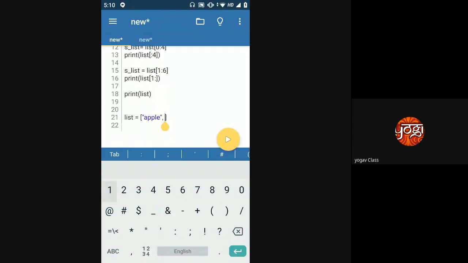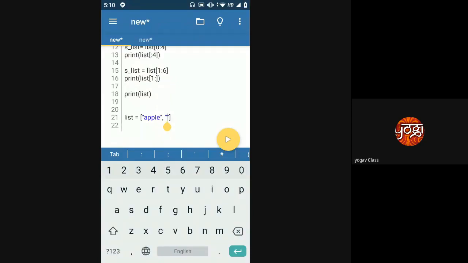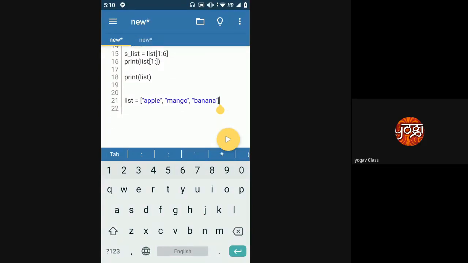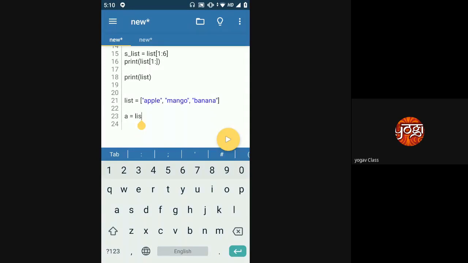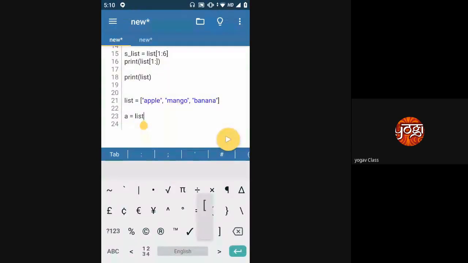Now we can say, at index number 0, what is the element present here in this case? Apple, right? So yesterday we saw that we can use index to get characters from a string. So in this case also that will be applicable. Which means if I say a is equal to list of 0, I will get apple as the value, right?